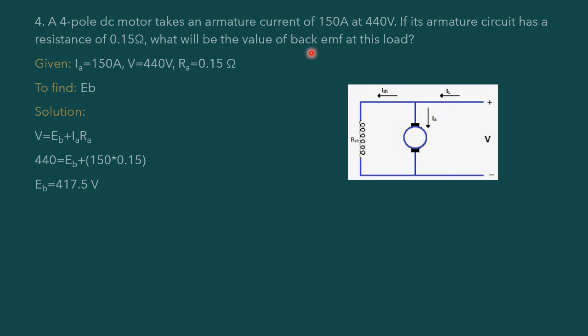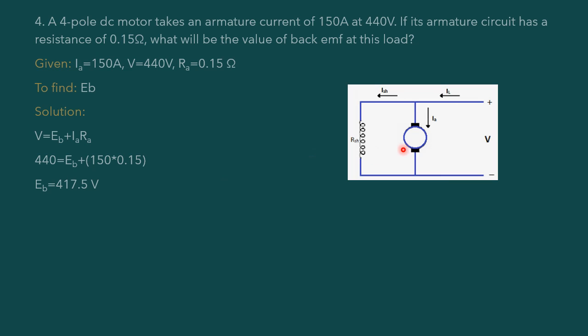So it is EB. First you draw the DC motor. So shunt motor, let us take it as shunt motor. Here no series resistance value is given, so let us take it as a shunt motor. Now in motor the input is electrical, so the current direction should be flowing inwards to the armature, into the armature. So the direction is like this. Now which one is the supply voltage? This V. Here we are connecting one source. So the current is flowing from I, divided into ISH and IA.